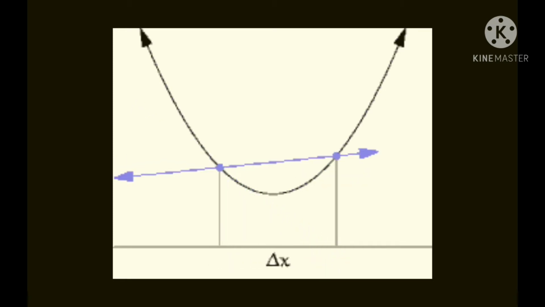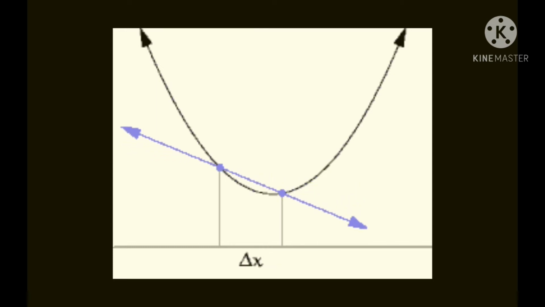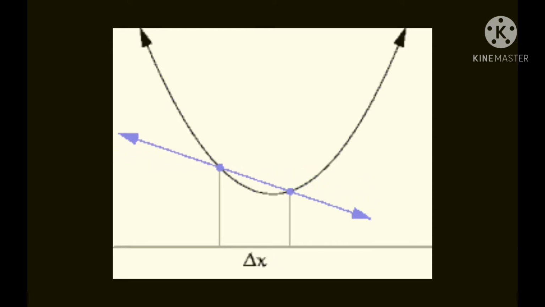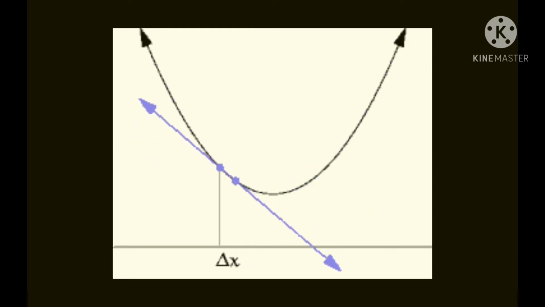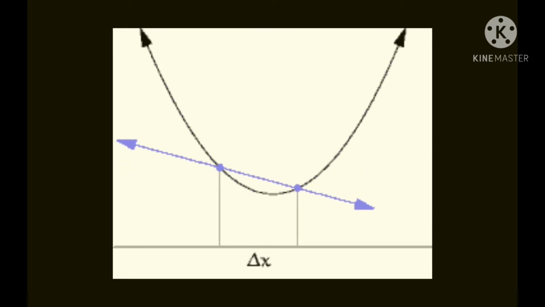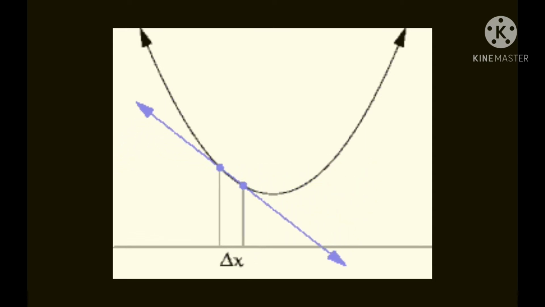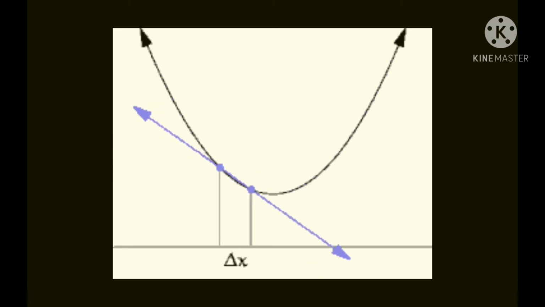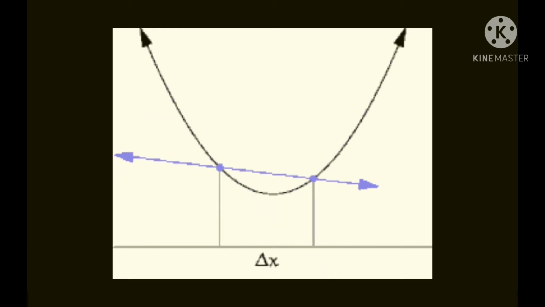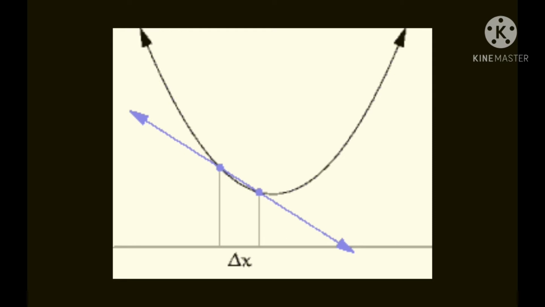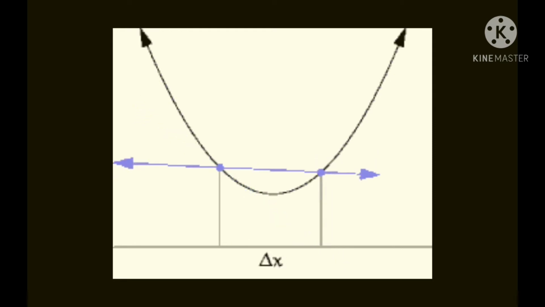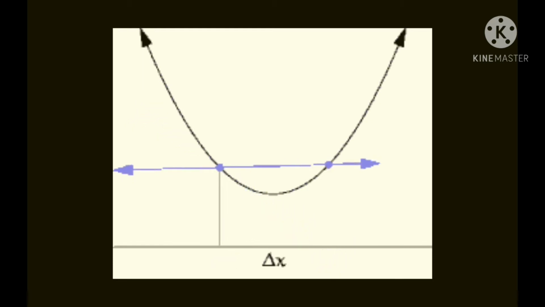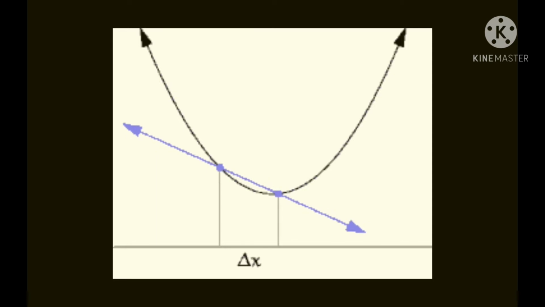So now see, this is my blue line which is known as chord. When I have 2 points on a curve and this line is passing through that curve, then this is known as chord at that position. Now see, if my one point is moving towards another point, then they meet at one point. At that time this distance is known as 0 here. Okay, are you getting my point?